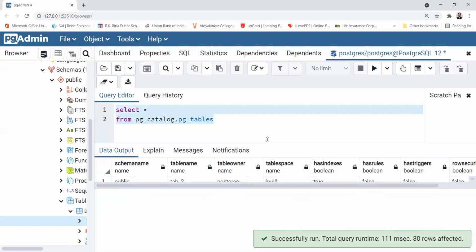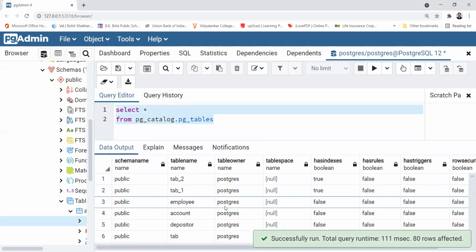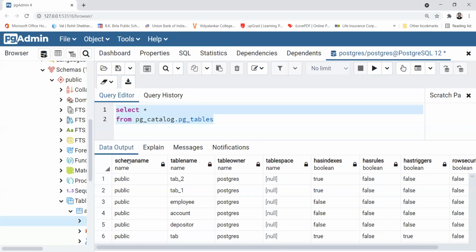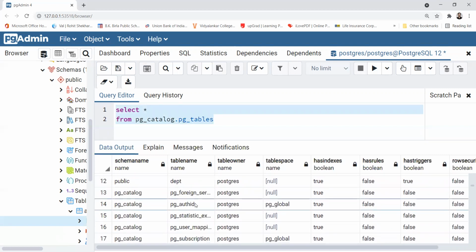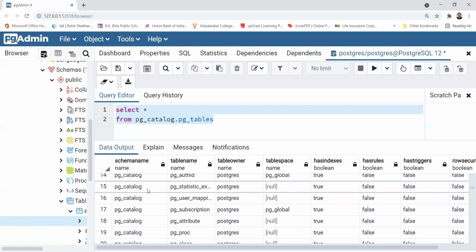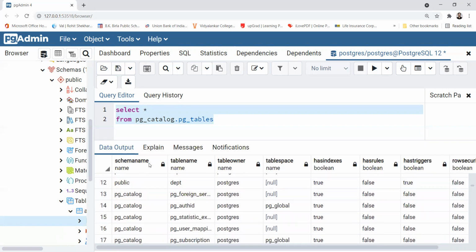You can see the result here, and you can see rather many tables. You can observe the schema name also: public, then tab 2, public tab 1, employee, account, depositor, tab, age, and so on. Now, observe something like this, schema name pg_catalog, and some table name, and table space null.